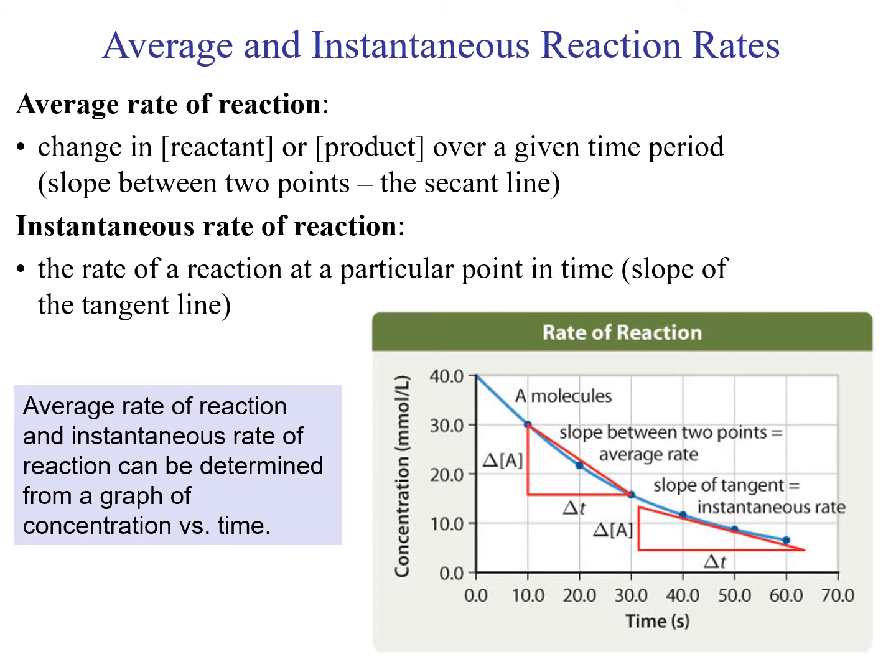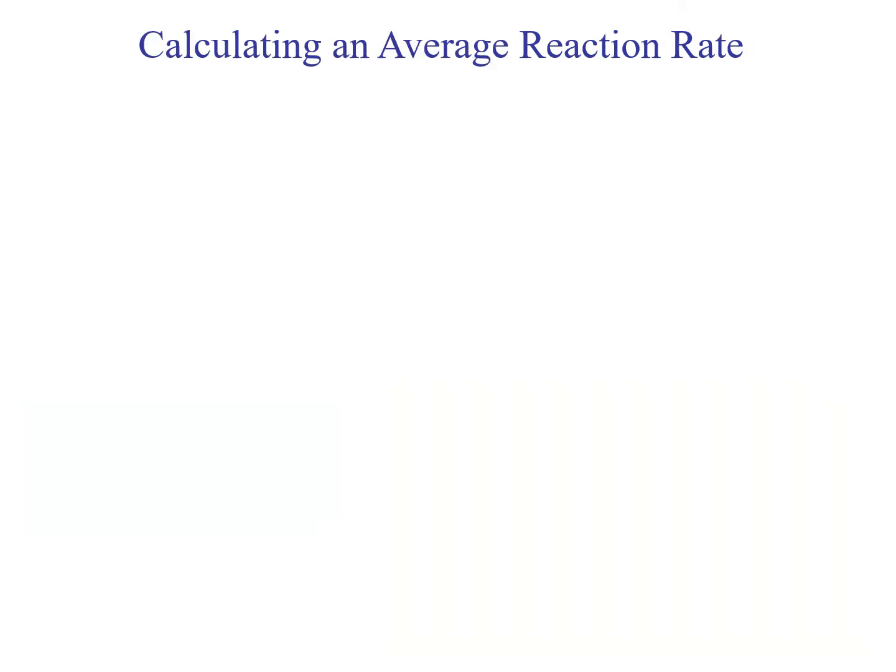So you can see that rates of reaction can be determined from data that is graphed. You will be glad to know that you will not have to calculate instantaneous rates of reaction in this way for this course, but you will be doing some calculations with given data. Let's look at a sample problem from pages 358 to 359 of your text, which reads, in a reaction between butyl